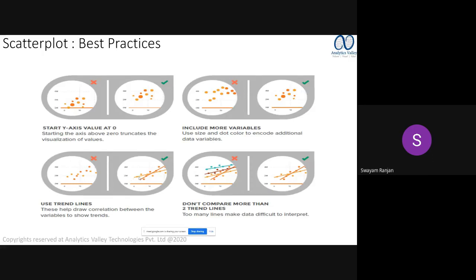Now you can see in the third graph that there is a red line and an orange line. The red line shows a trend. Whenever you want to use a trending graph based on the scatter plot, yes, you can use trending graphs also. If you're using the trending category, you should make one a baseline, and with that baseline you should be able to compare the others. These are the best practices of trend lines. Otherwise, you go haphazard: if it is going high and low, you are not able to compare in the right way. If you need to compare, you need to have 2 or 3 max, so that the one you make is